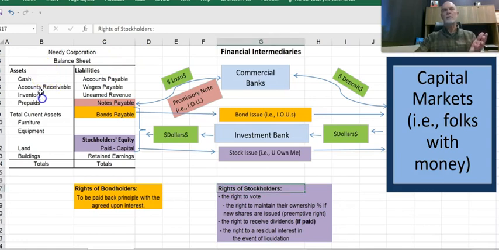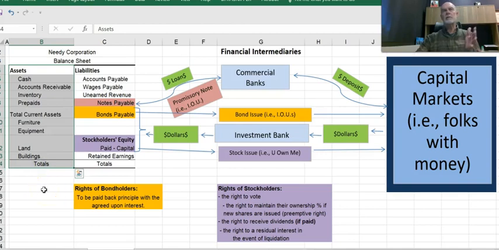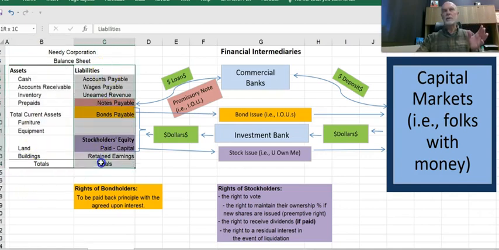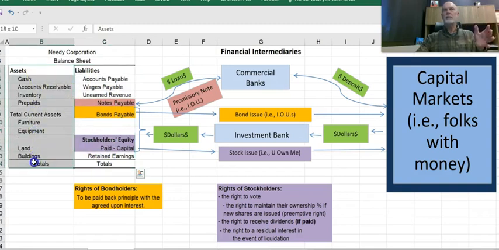On the left are the assets, a listing of the assets that the company owns, those things that are going to give them future benefit. And on the right-hand side of the balance sheet, it tells where the money came from to get those assets. These two sides are always equal because it's the same money on both sides. The right side tells where the money came from, and the left side tells where we put that money.